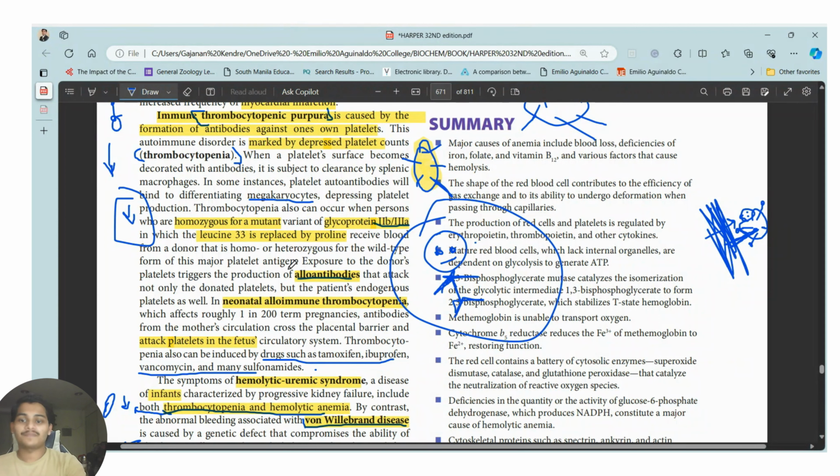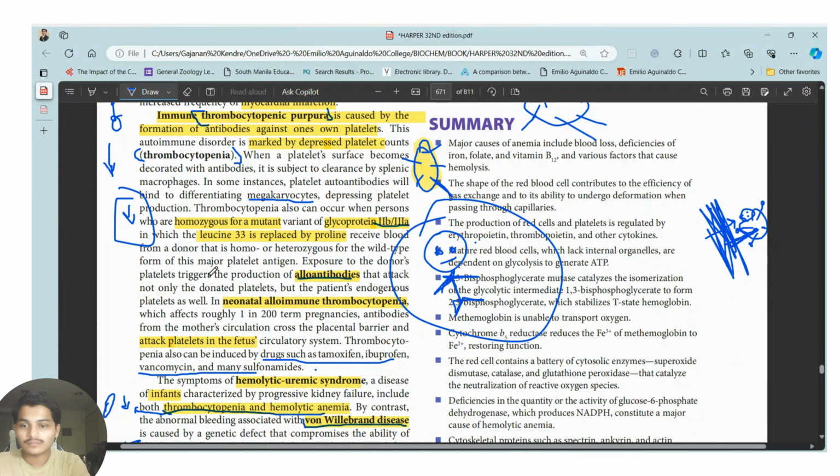What happens is that the major platelet antigen exposure from the donor's platelets will trigger the production of alloantibodies, meaning your body will form antibodies against the platelets of the donor, the blood which you receive from another person. Your body will produce antibodies against those platelets, which are known as alloantibodies. But these alloantibodies can attack your own platelets formed by your own body,